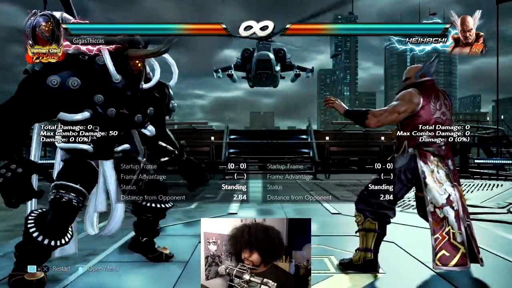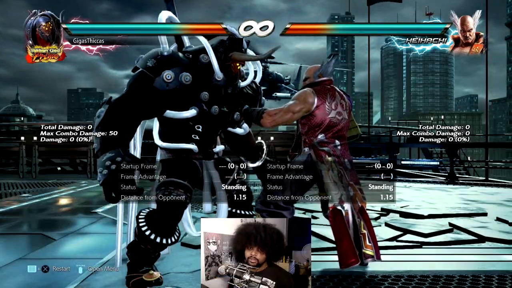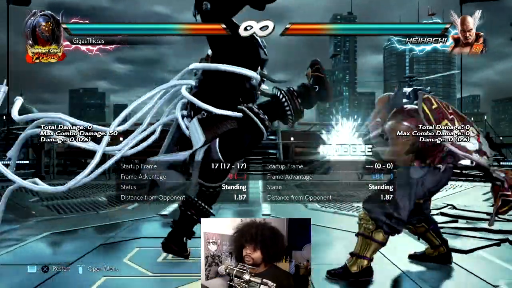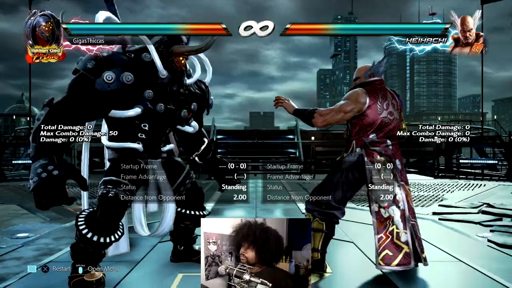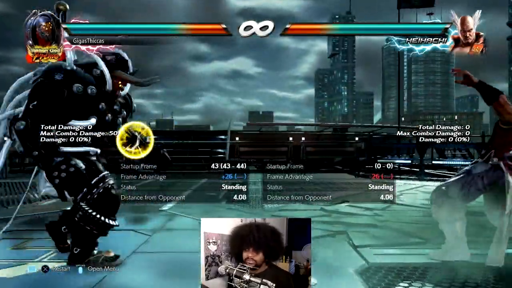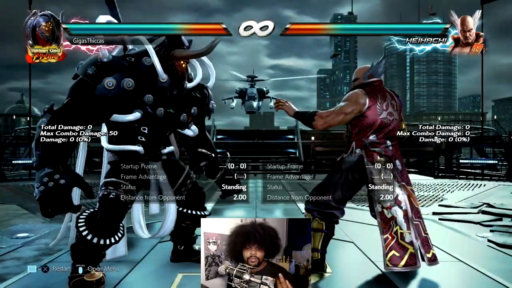If they're fearing a string like 4-4-4-2, they have a very good reason to fear the second hit, because it launches, it does a lot of damage. You could go for 4-4-4 into back 2. Stuff like that helps you to use your back 2 more often. Same goes for forward 4. This one just tracks a little bit better, it's slower, and this one is faster. So that is kind of how